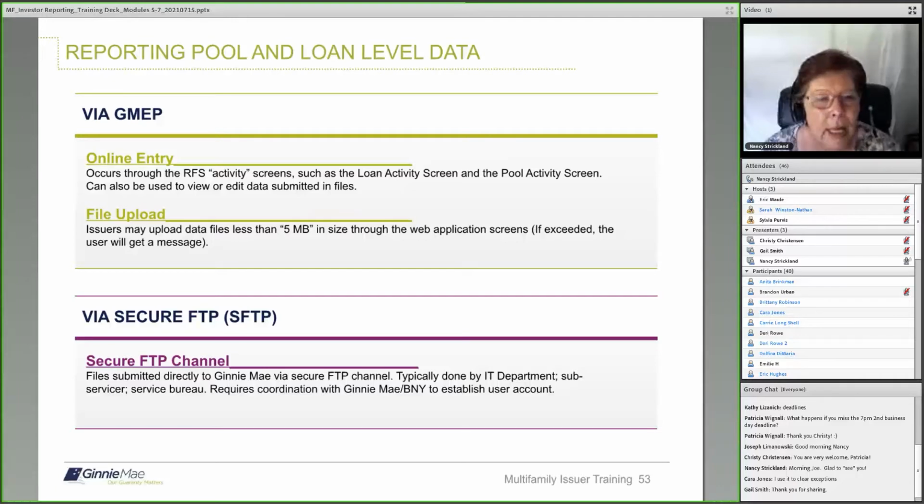Issuers may submit data online through RFS activity screens, and they may also submit data just by manually keying in data. The two upload methods, uploading files, can be done through RFS upload and also SFTP, which is a secure upload. If you use the SFTP, you have to coordinate that between Ginnie Mae and Bank of New York. You're given